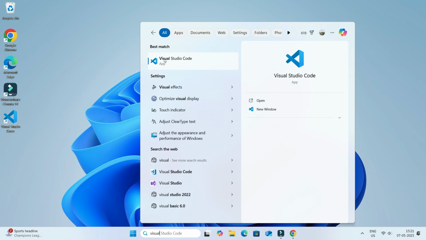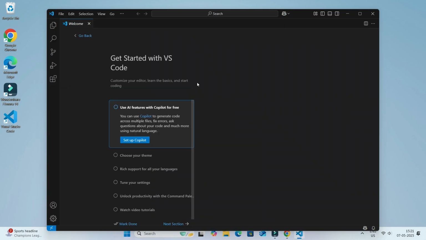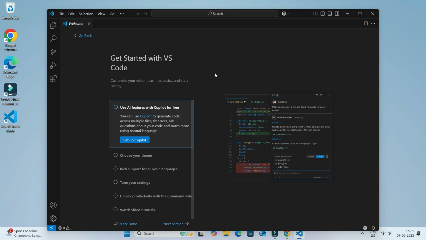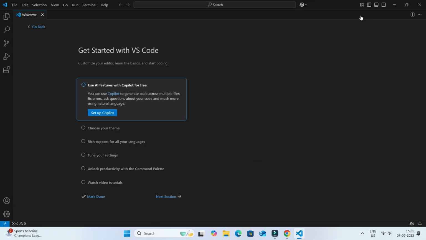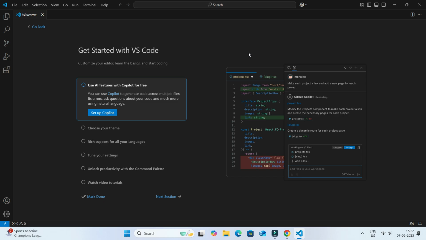So you can open Visual Studio Code by clicking here also. I am going to open Visual Studio Code by clicking on this Visual Studio Code app. Right now you can see on my screen Visual Studio Code has been opened in my computer, and I am maximizing it to make it full screen. So you can see Visual Studio Code has been successfully installed in my computer, and our first task got completed. What we have to do right now is download and install Node.js in our computer. To download Node.js, we have to again open Google Chrome.